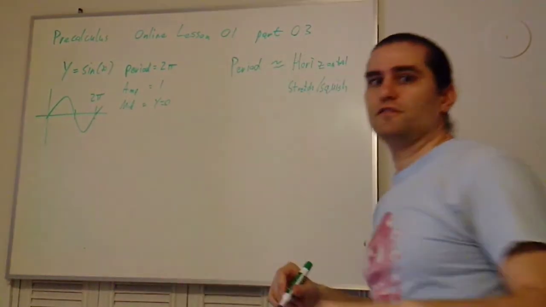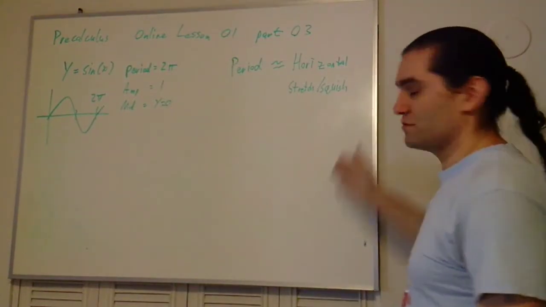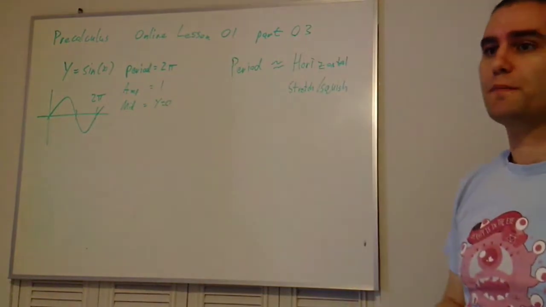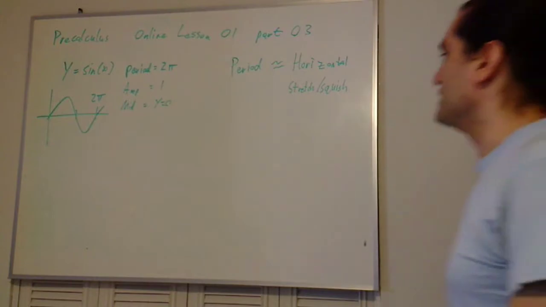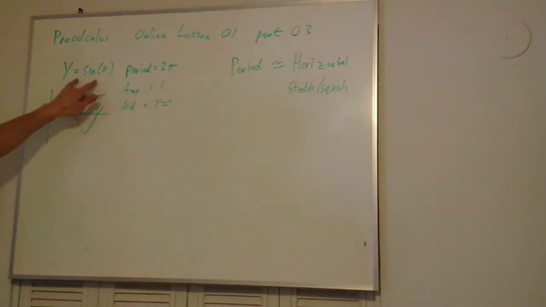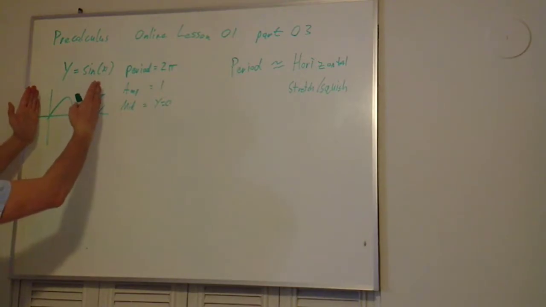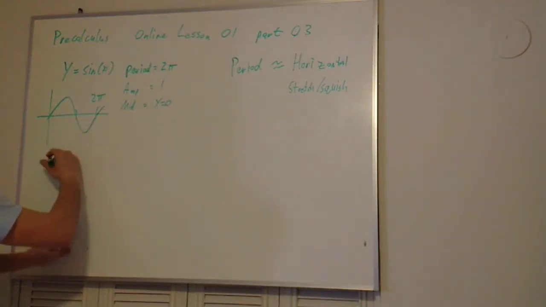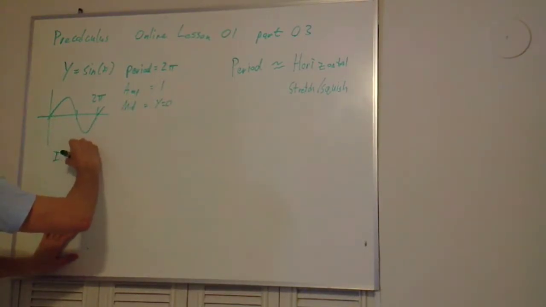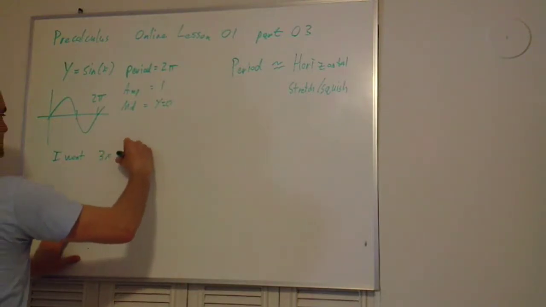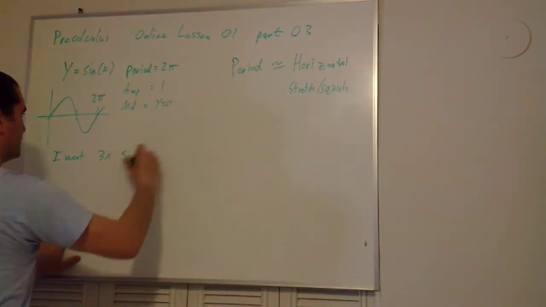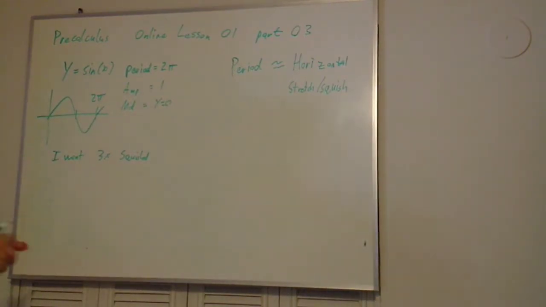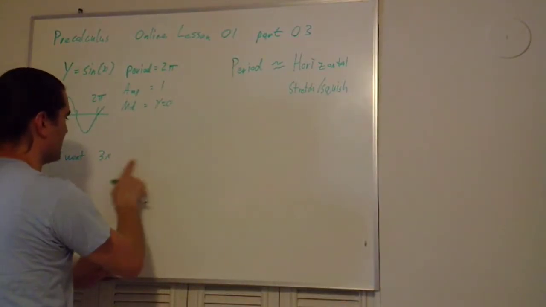I hope that you have your notes for horizontal stretches and squishes available, because I'm going to assume that you all know how horizontal stretches and squishes work. So the first thing I want to do is I want to make a sine function that squeezes 3 full periods into this 2 pi. So I want to squish this 3x squished. 3 full periods in this same distance. So there are 3x, I'll say thinner,